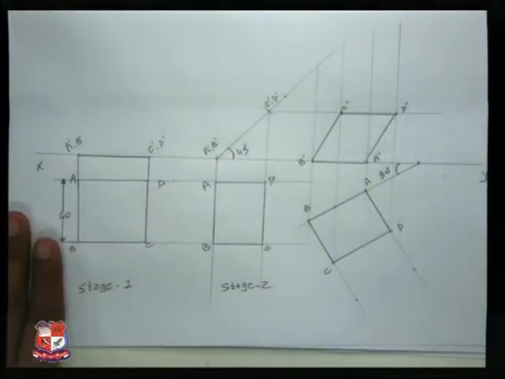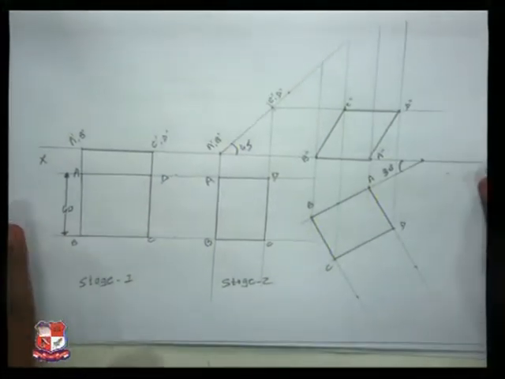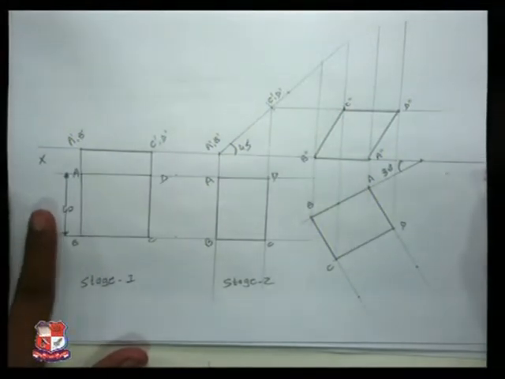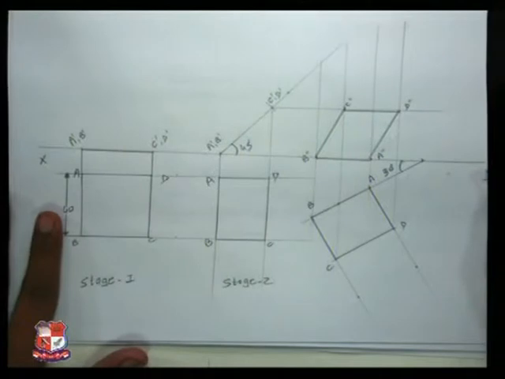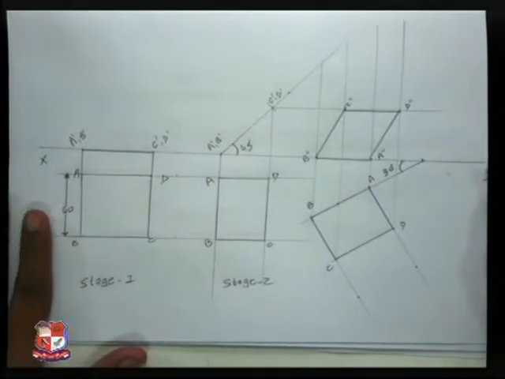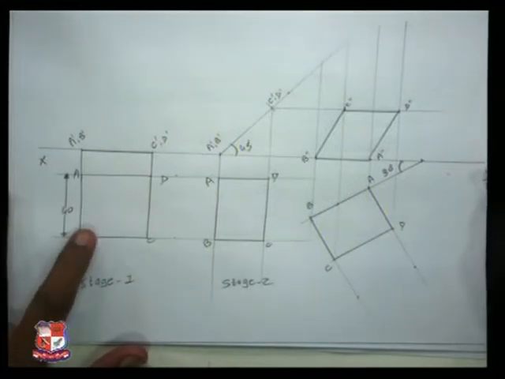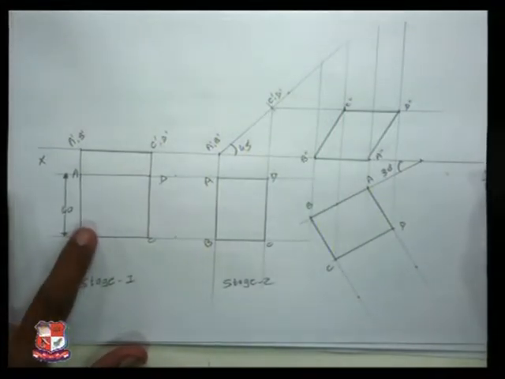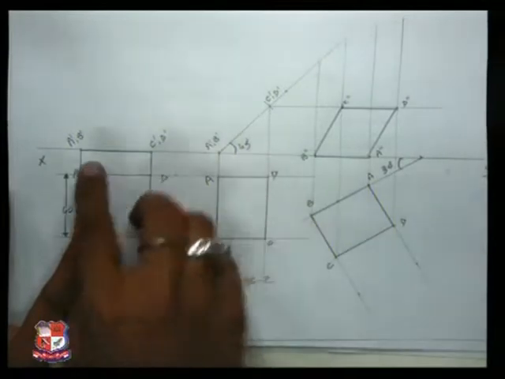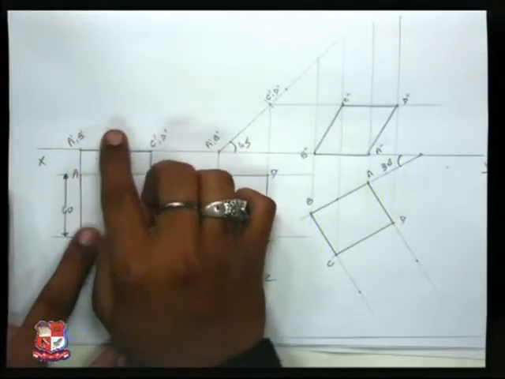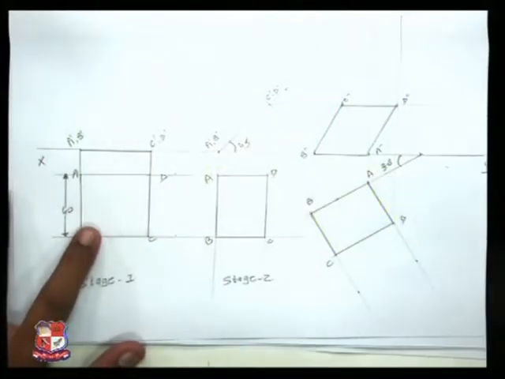We will repeat this, how we can draw this. First of all, in this problem it has been given that we need to draw projections for the square plane which side is 40 mm. I have drawn first of all square of 40 mm each side, then took the projections on XY line, hence I have received A dash, B dash, C dash, D dash.